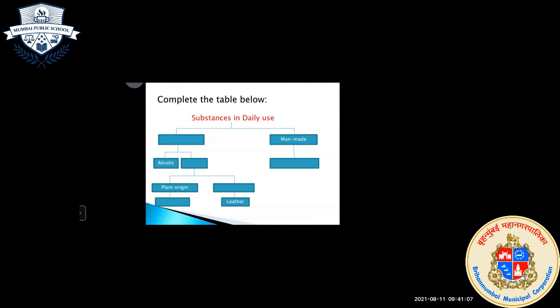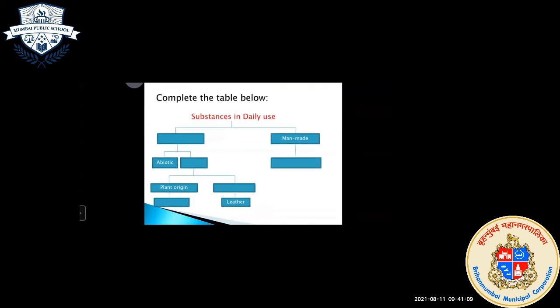Now see, complete the table below. Chalo, fatafat give the answer. This is our final part of the lesson. So, substances in daily use. Substances are classified as natural and man-made. So what will come over here, students? Natural. Very good. Again, natural is abiotic, and what will come over here? Biotic. Very good. And then again, biotic has plant origin, and here it will come